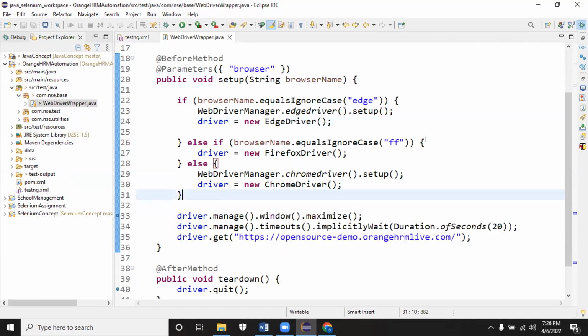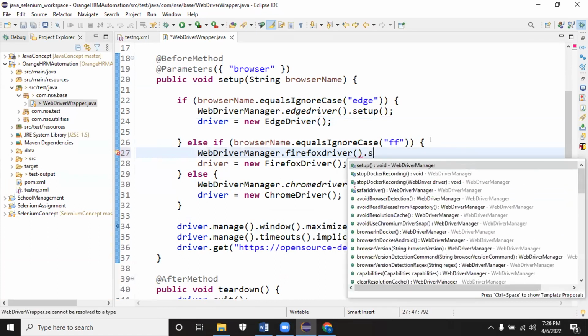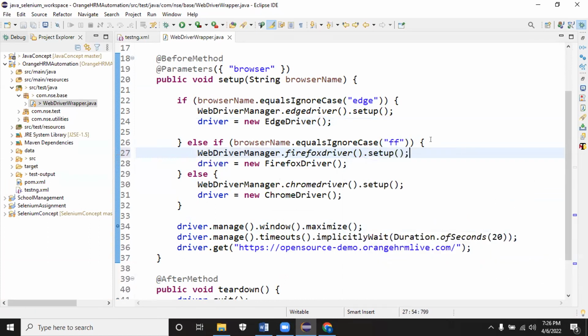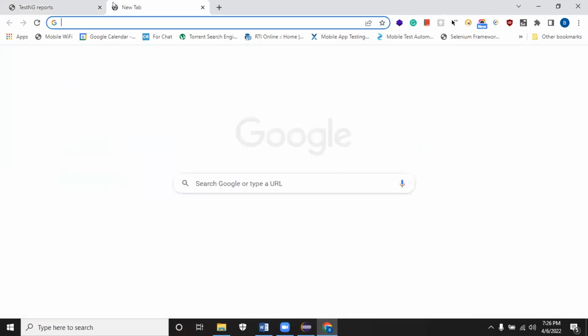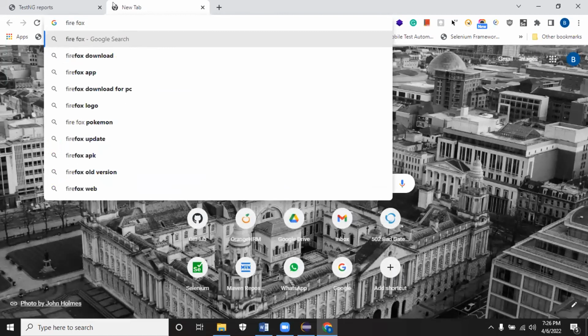If you see here, I need to set up WebDriverManager for the driver. Even though you set up the driver, you need a browser. Right now, I don't have the Firefox browser, so it is not going to trigger. Let me quickly install Firefox as well.